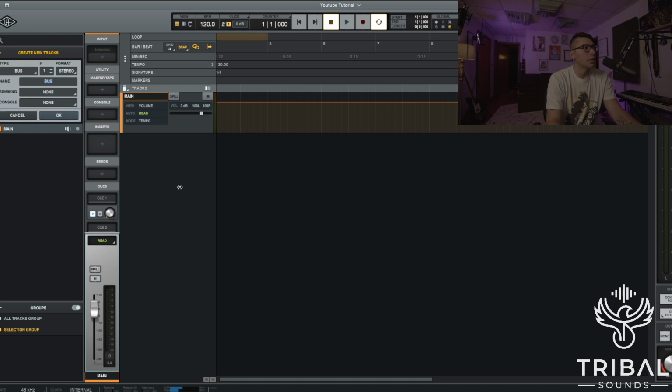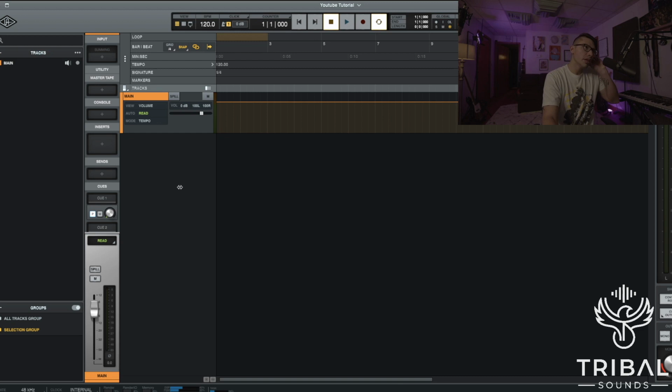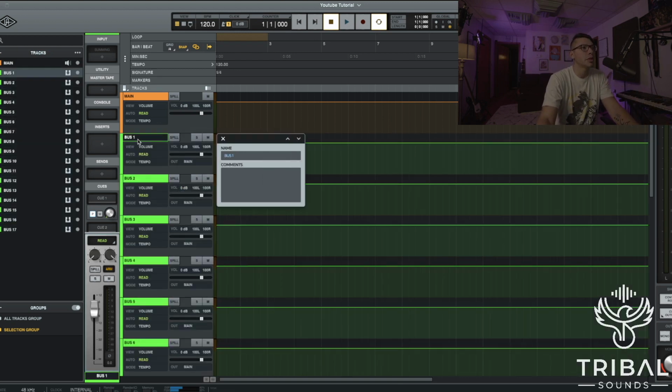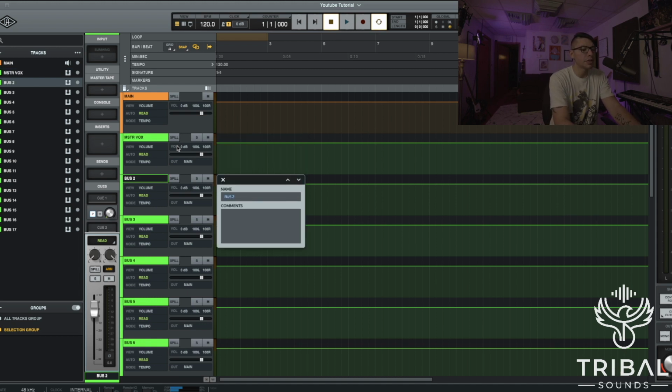Now I've created my buses. We want there to be a whopping 17 of these. Sounds like a lot, but hang tight with me. We're going to go ahead and create these buses, and we're going to allow them to instantiate, or we're going to go through and name them. So starting from the top down again, we're going to the main, then we're going to have a master vocal. Go to the next, we're going to do a master music,